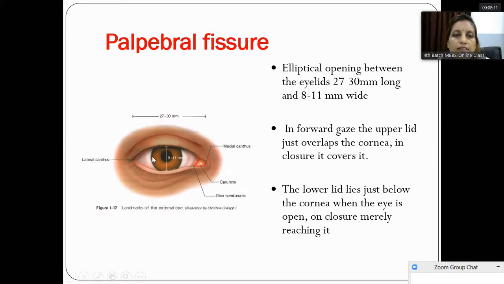At this area, at the center of the pupil, you will put a scale and you will measure this palpebral fissure height. And if you put the scale over here, it will not be accurate, or over here, it will not be accurate. So always it will be at the center of the pupil. The landmark is important here.